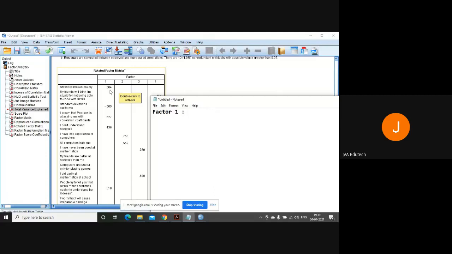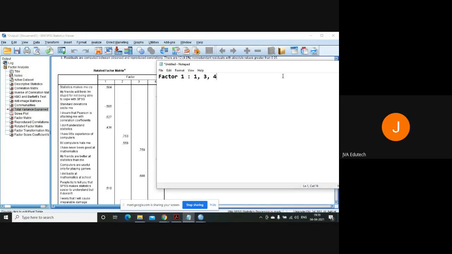So which of them is loading on factor 1? Can anybody help me with this? 1, 3, 4. Yes, sir, because we have taken the cutoff at 0.4, if you could remember. We have suppressed values that have coefficients less than 0.4. Okay, so we'll take all above 0.4.